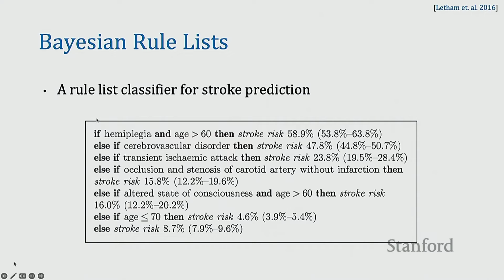So let's go to the first set of approaches, the rule-based approaches. I'm going to first talk about a couple of approaches in this category before I move on to another one. This approach called Bayesian rule lists was introduced in 2016 by Ben Letham and Cynthia Rudin. The output of this approach looks something like this, right? It's a sequence of if-else-if rules. And this is actually the output that they get with their method as a classifier for stroke prediction, right?